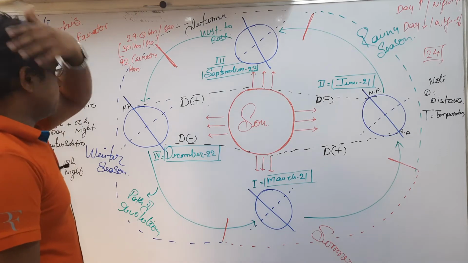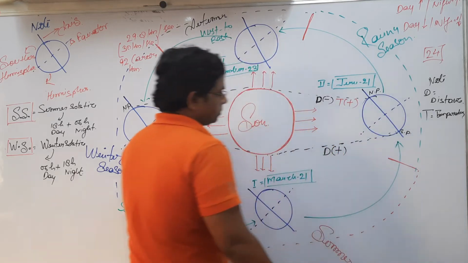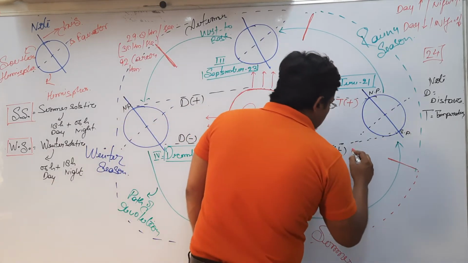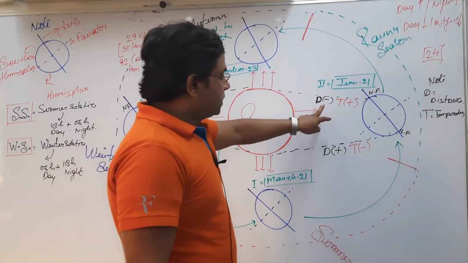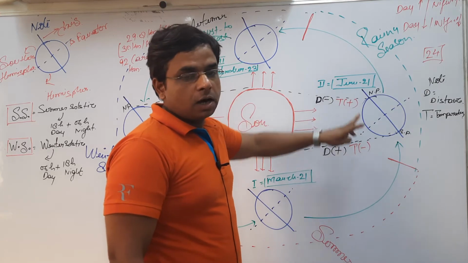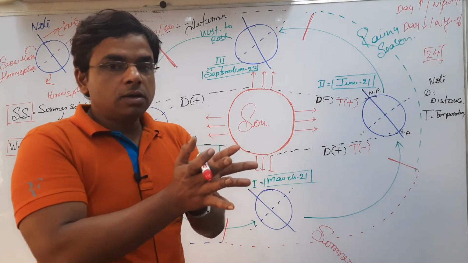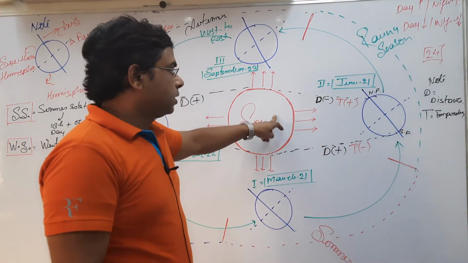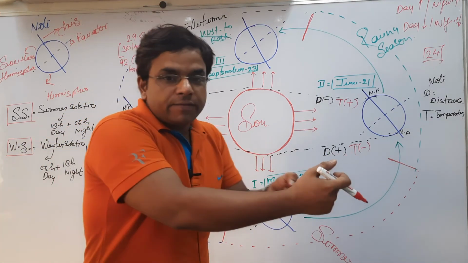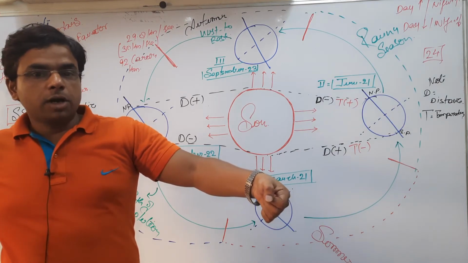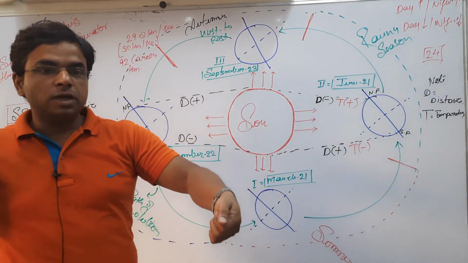If the distance is minus, the temperature will be higher, and if the distance is maximum, the temperature will be minimum. If the distance is minimum, the temperature will be maximum. How? Because if you are moving toward a hot thing, then you feel the heat increasing with the decreasing distance. And if you are moving away from a hot point, then you feel the temperature decreasing because you are moving away from the hot point.